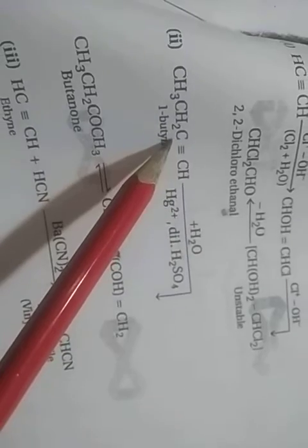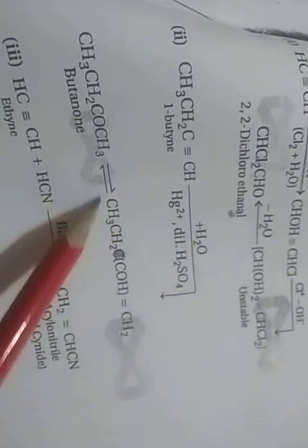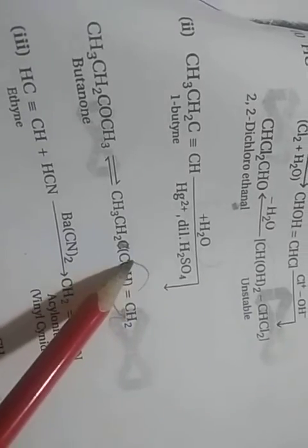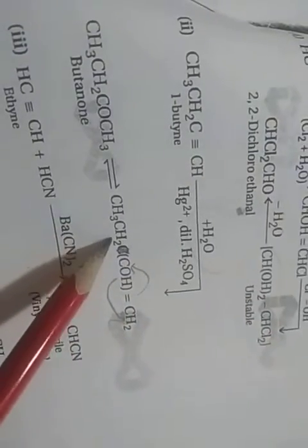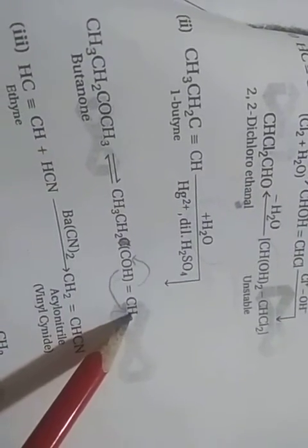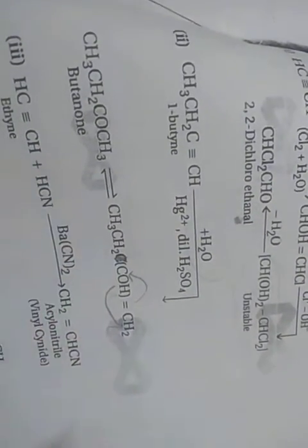One side carbon is attached to OH and the other has CH attached to the CH2. Rearrangement: the water molecule goes out and we get CH3 CH2 C double bond O CH3. This hydrogen goes this way, the double bond shifts this way, so CH3 CH2 C double bond O, and the hydrogen goes to the CH2 to make CH3. Okay, clear?